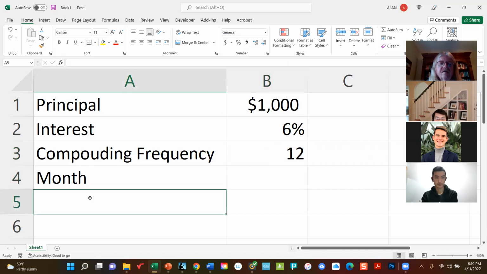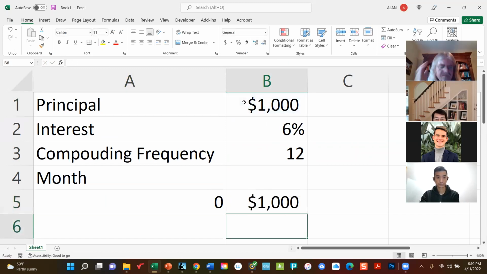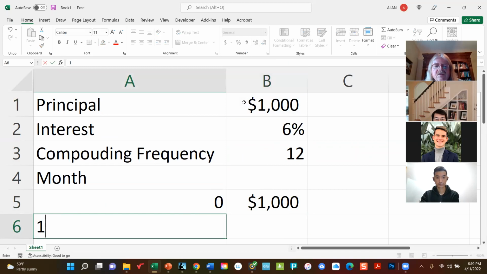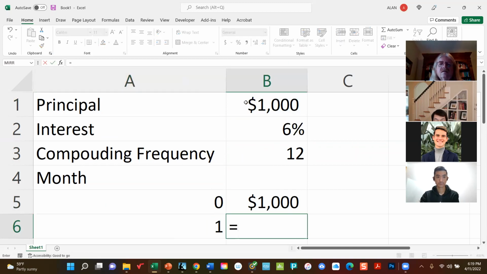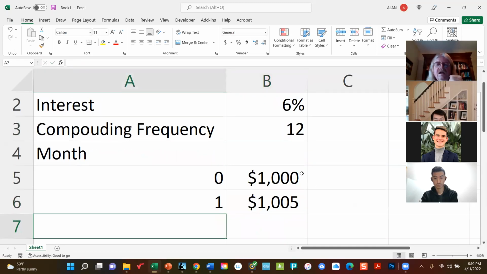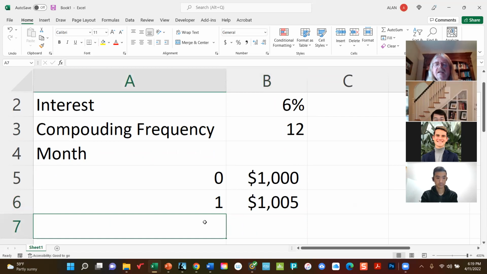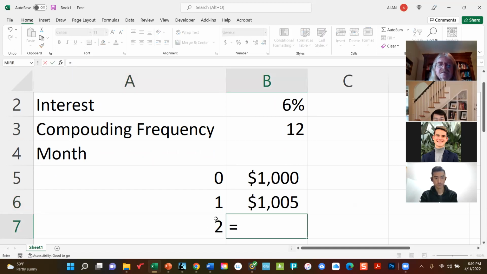So for each month, now 0 is the initial month, we start out with $1,000. After 1 month, how much do I have in this bank account? Well, my original 1,000 is multiplied by 1 plus my 6% divided by 12 to indicate 0.5% per month. And that means at the end of the first month, I've got another $5 worth of interest. Then at the end of month 2,